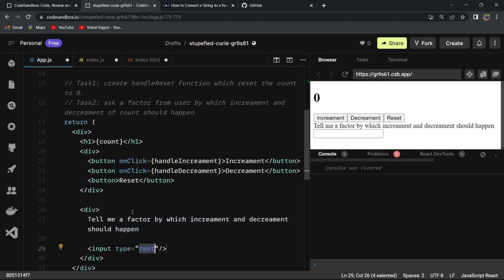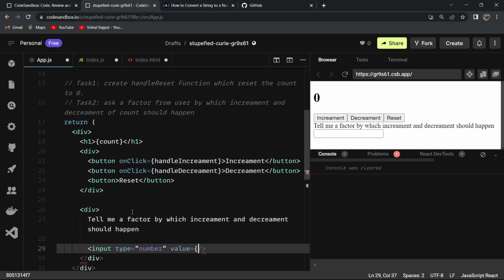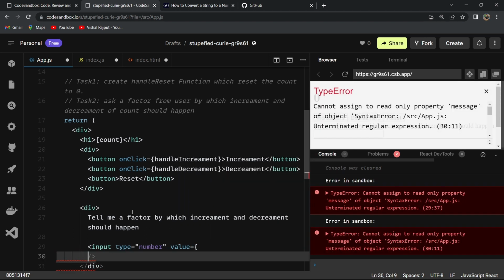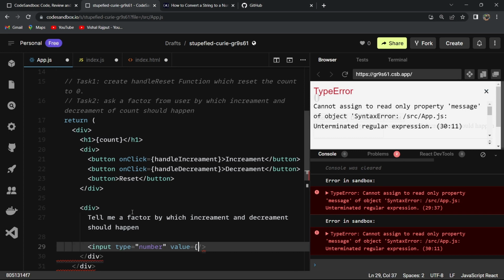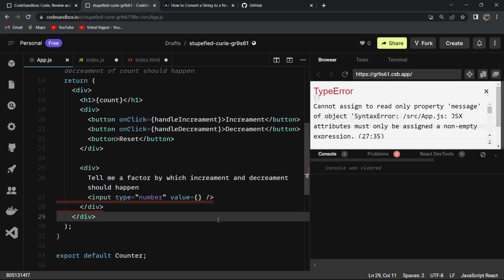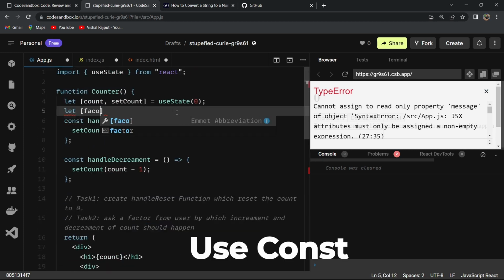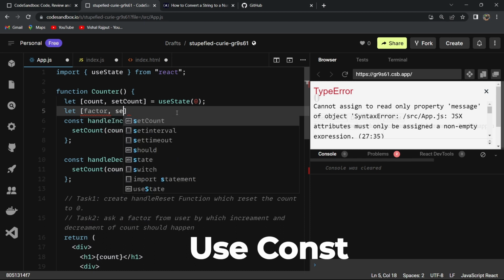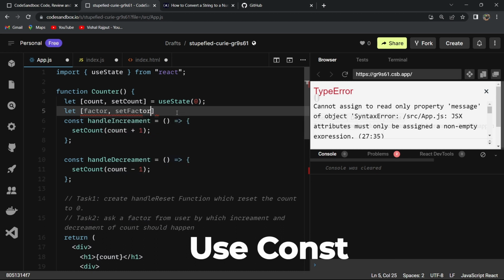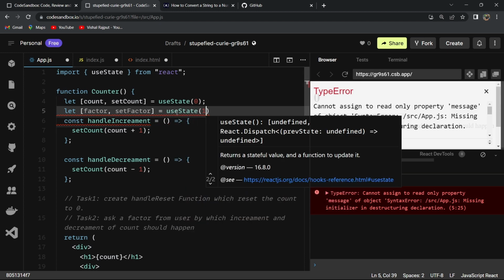This is not of type text, I need some number, and now I have to give some value for that. So what will be the value? For the value, I have to create another state. So let's create the state, factor and setFactor, and that will be useState(1),